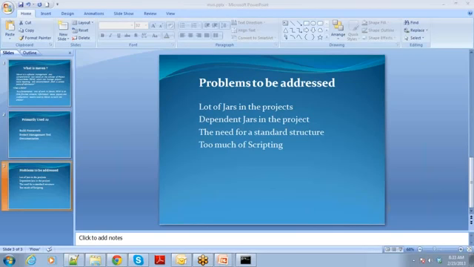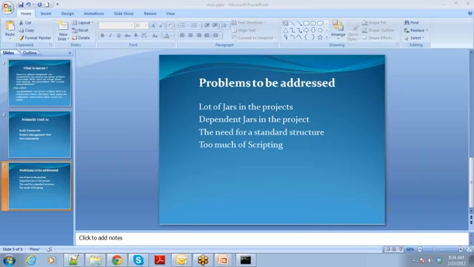Second, sometimes your project depends upon multiple third-party jars. So we need to have our scripting in place to include all those dependent jars, maintaining them, and then we need to ensure that during compilation those jars are available, and when we are shipping to customers we have to bundle them and ship to customers. Okay, when we are packaging, those jars should be included. So the difficulty lies in maintaining those jars and remembering their versions and writing scripts to include all those jars at the time of compilation, at the time of packaging, at the time of distribution is another difficult area.